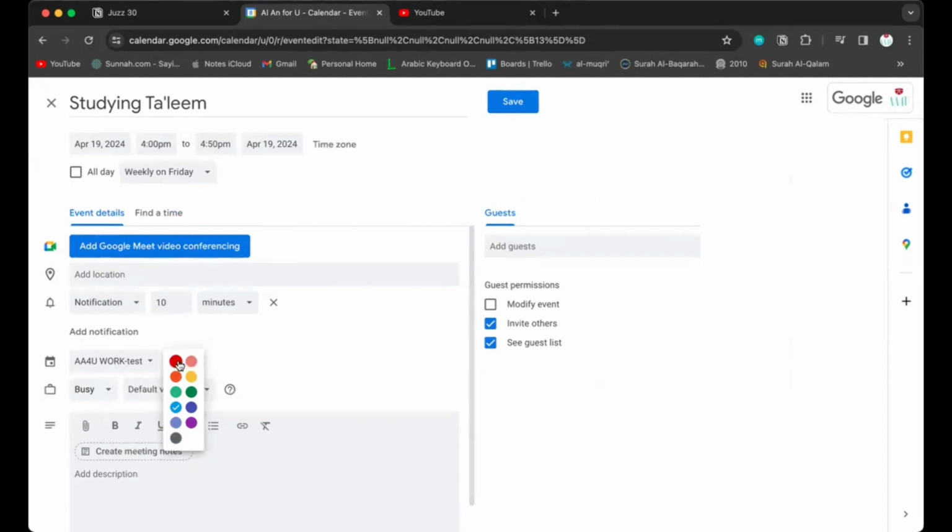I want to put red for studying because I'm so behind on my studying. I'm gonna put red because I'm usually very behind on studying. I'm just gonna put here current lesson.